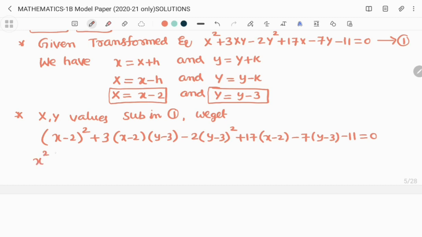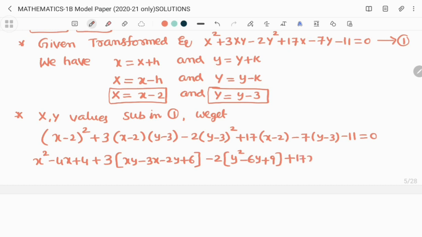So x square minus 4x plus 4, a minus b whole square, a square minus 2ab plus b square, plus 3 into, keep bracket, actual multiplication x into y xy minus 3x minus 2y plus 6, bracket close, minus 2 into a minus b whole square expansion y square minus 6y plus 9, bracket close, and actual multiplication 17 into x 17x minus 17 into 2 is 34 minus 7 into y minus 7 into minus 3 plus 21 minus 11